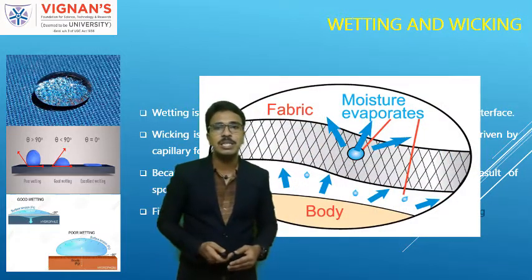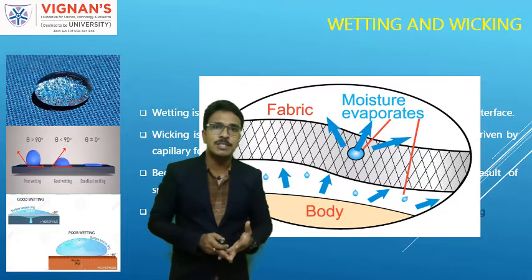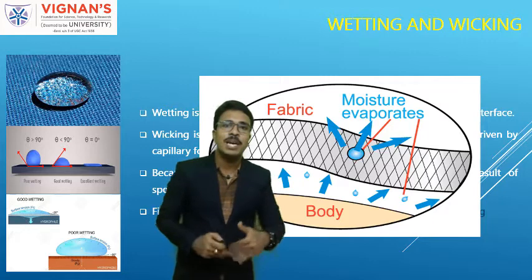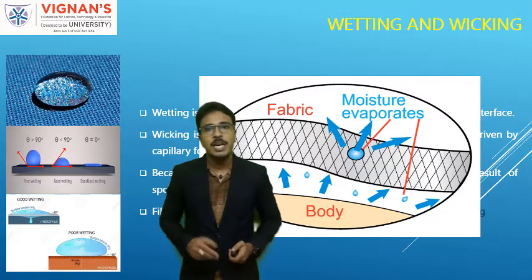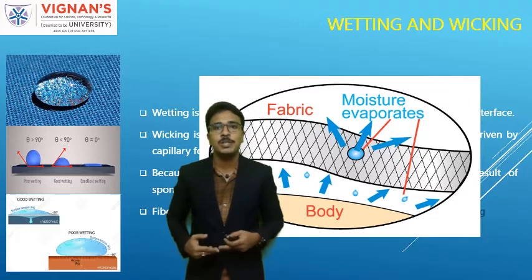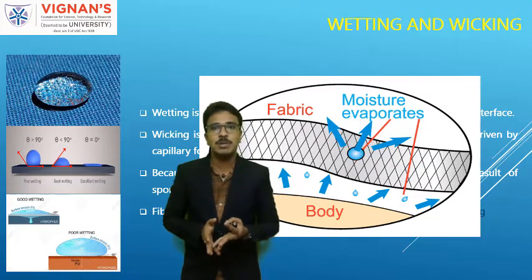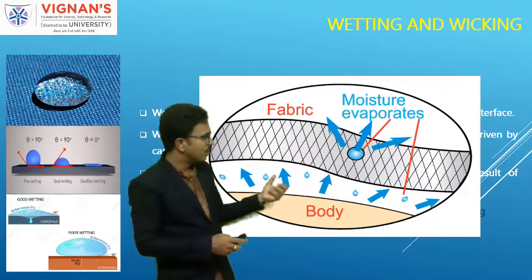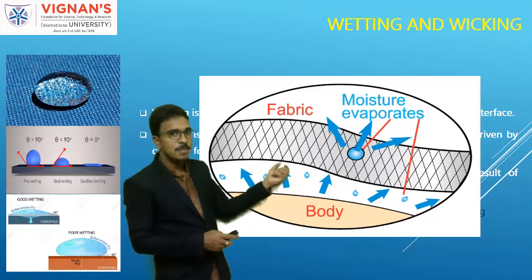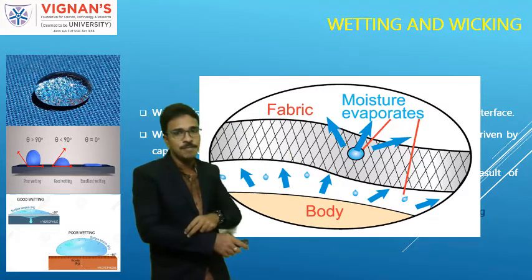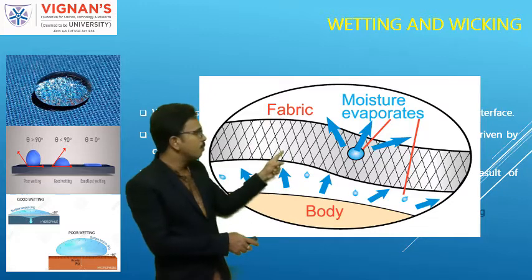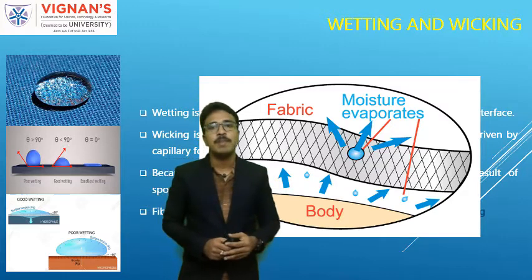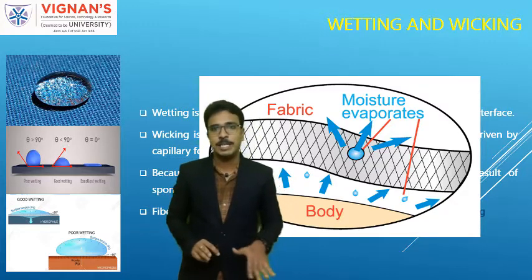So here also, all these representations will make you understand the concept much better. That is the reason why I am showing you this many images. Again, you can see in this image, which makes the concept of wicking clear. The sweat coming out of the body escapes through the pores in the fabric, and through the pores the moisture evaporates from the fabric, which makes the fabric dry. Understand?